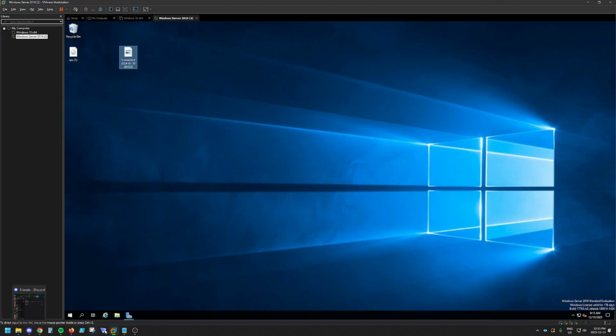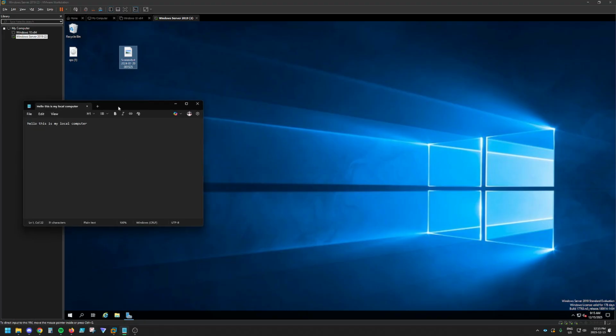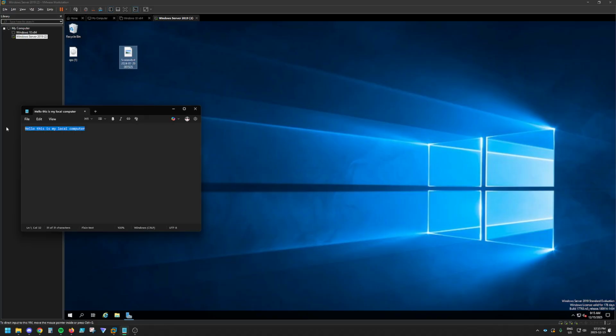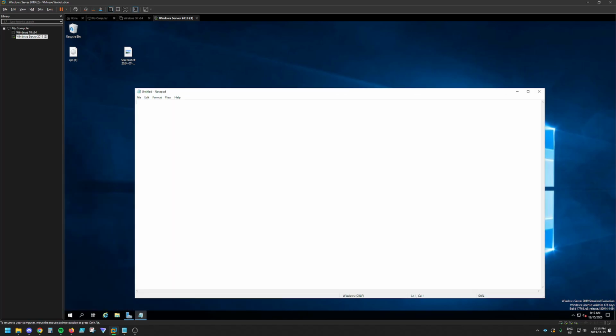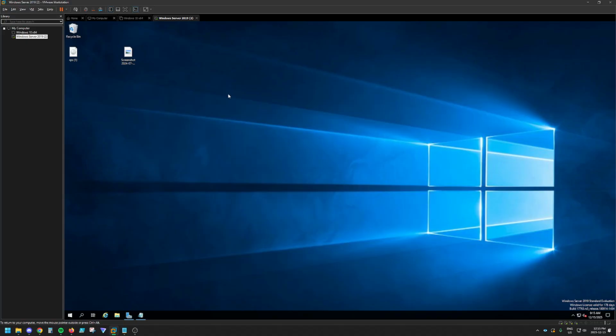Likewise, if you have any text that you want to copy over, say this is from my local device, I'm going to be copying that over. And then if you open up a notepad, for example, you're able to paste that from outside into your VM. And it's very simple. If you're not able to do that, all you have to do is make sure that